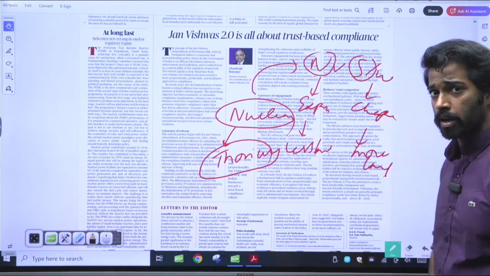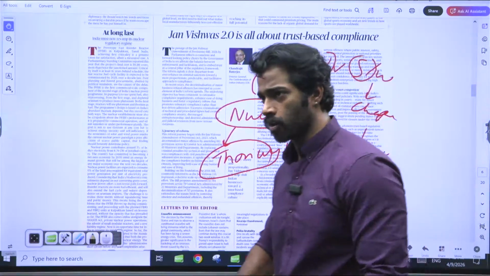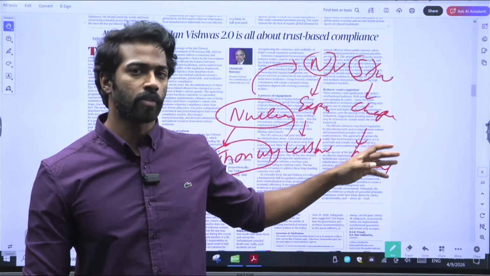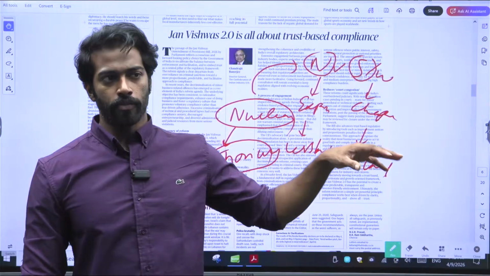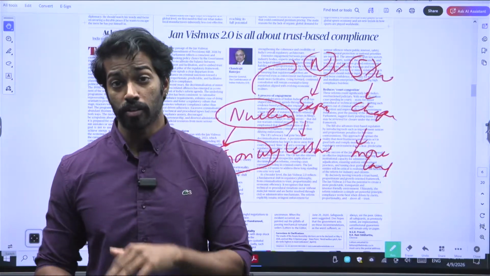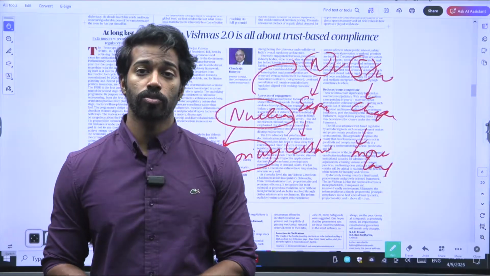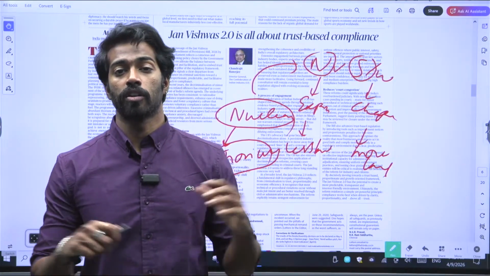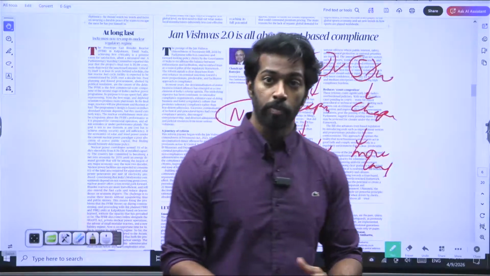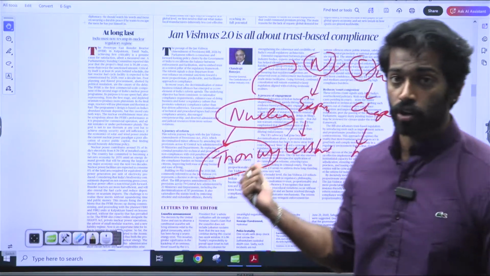So whenever we are trying to set up a nuclear plant or a solar plant, we need to keep aspects such as land in mind, because we are focusing on increasing solar energy, but then again the amount of land that is present in India is very less. So focusing a lot on solar energy is not a good idea, is what the author is trying to say. Rather than focusing on solar energy, which is cheaper but requires a lot of land, we can focus on nuclear